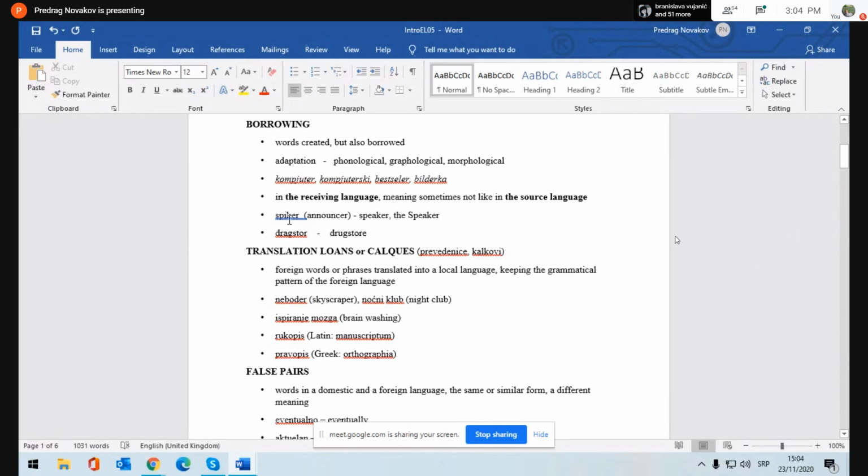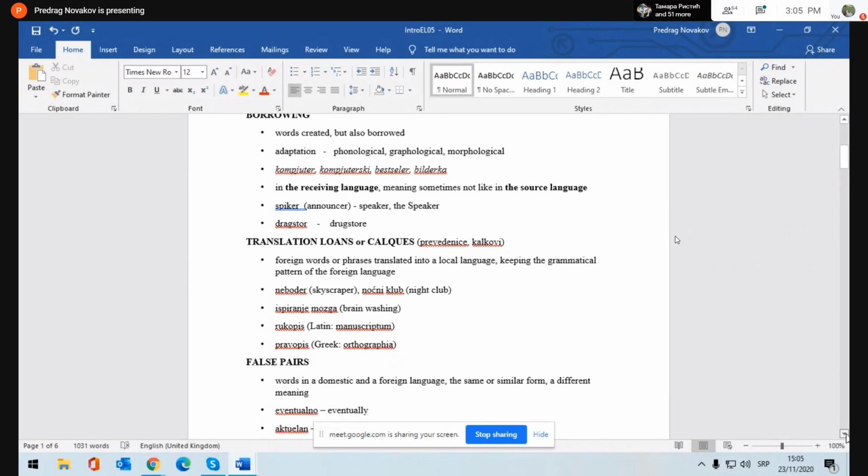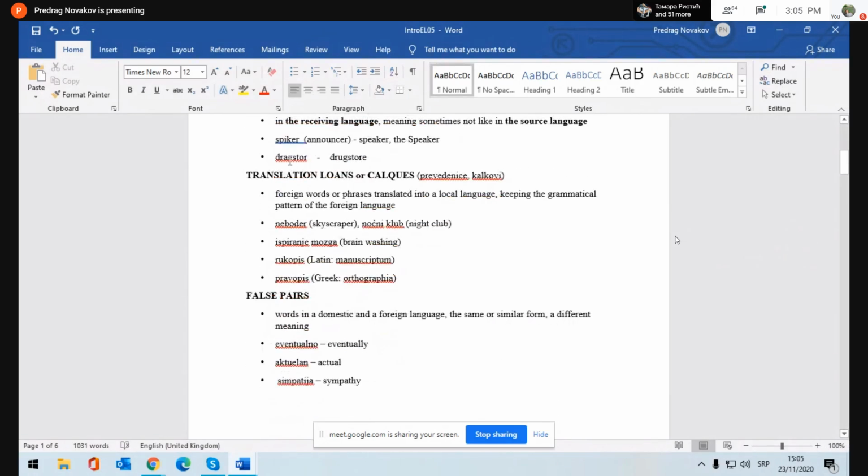And in that case, we talk about the receiving language and the source language. Receiving language is the one which borrows, and the source language is the one from which it borrows, okay? Meaning sometimes it's not the same, okay? It also happens that you borrow something, but it gets a different meaning, okay? How about the speaker? Speaker in Serbian,